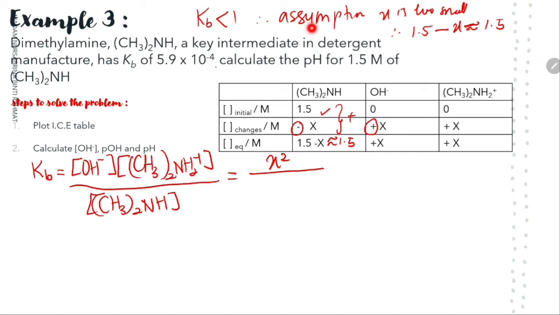When you make that assumption, you need to write it down in your answer steps. So it becomes 1.5, and this is equal to 5.9 times 10 to the minus 4. You solve for X, and you will get your X value to be